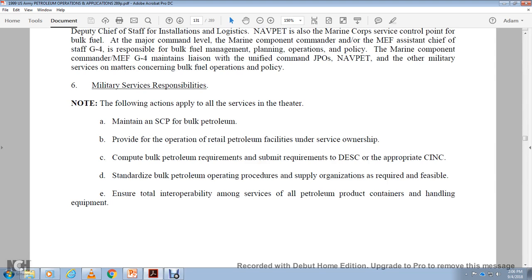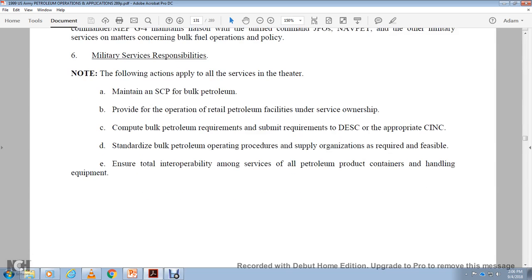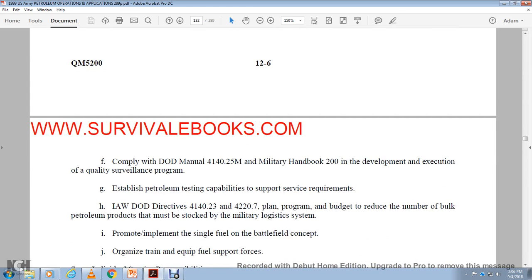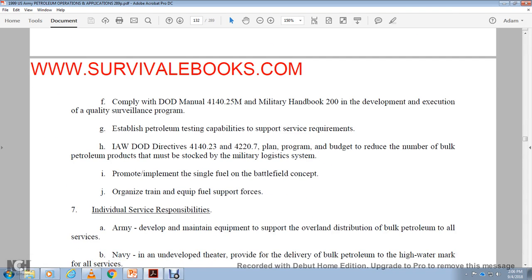standard bulk petroleum operating procedures for the supply organization as required and feasible, ensure total interoperability among all petroleum product containers and handling equipment. Comply with DoD Manual 4140-25 and Military Handbook 200, develop and execute the quality surveillance program and self-reliant petroleum testing capabilities to support service requirements in accordance with DoD Directive 4140-23,